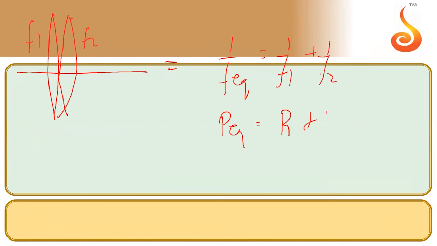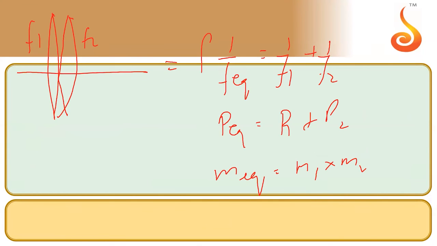When we were doing the actual ray optics chapter, I told you that if you have very thin lenses touching each other without any air gaps in between them, f1 here, f2 here, then it can equivalently be replaced by a lens with 1 by f equivalent equal to 1 by f1 plus 1 by f2. Or you can also write power equivalent is equal to P1 plus P2. You can also write total magnification is M1 into M2.